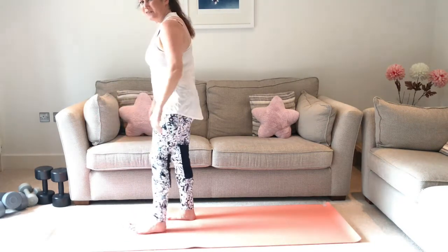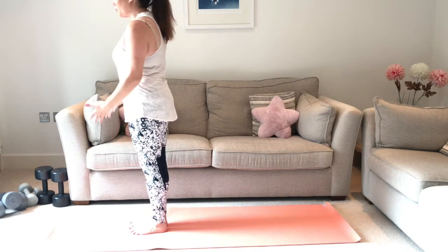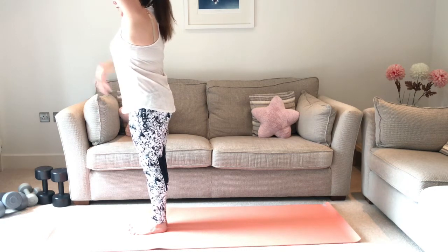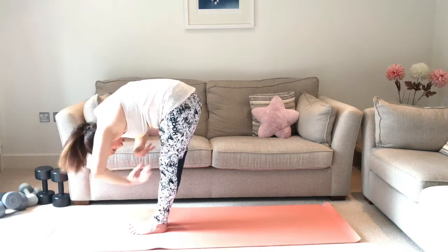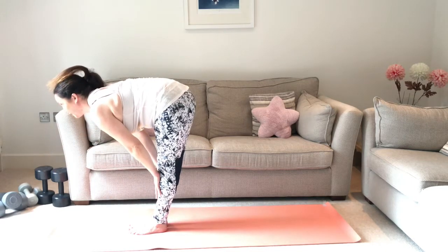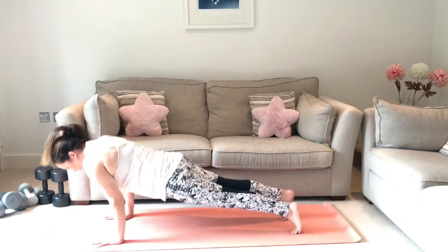Okay, so we're going to do this. Go into crescent one more time. So palms forwards, breathe in. Option here, keep your abs engaged and you can do a little back bend, otherwise miss out the back bend and we'll dive down to the floor, flat back, forward fold, hands on the mat, legs go back,